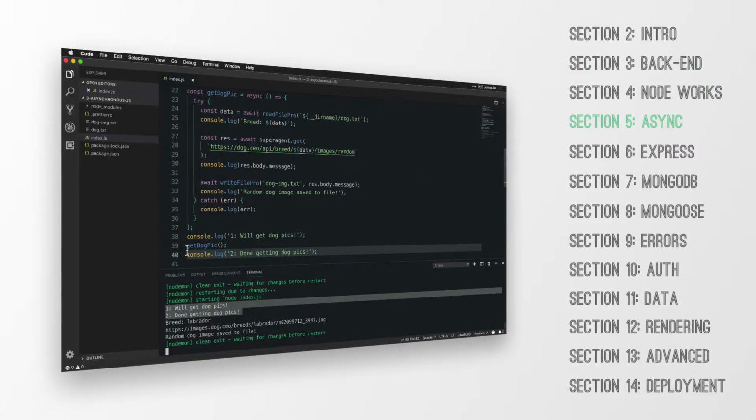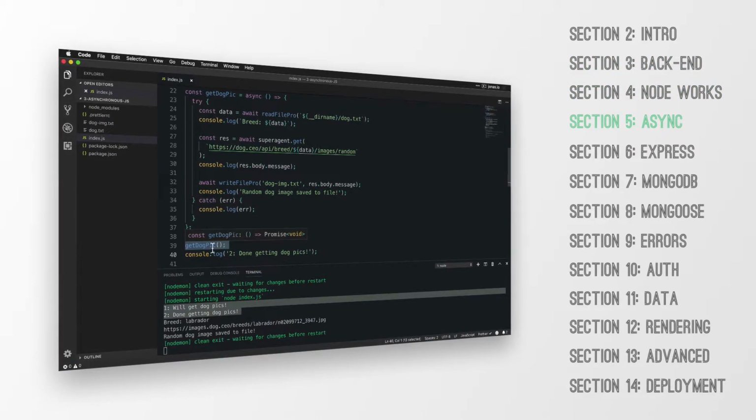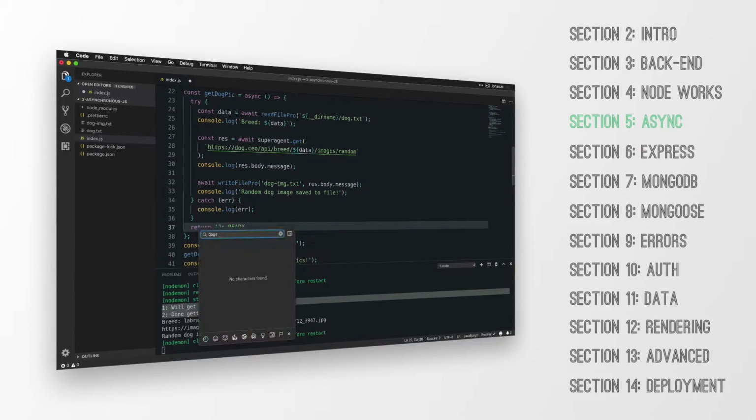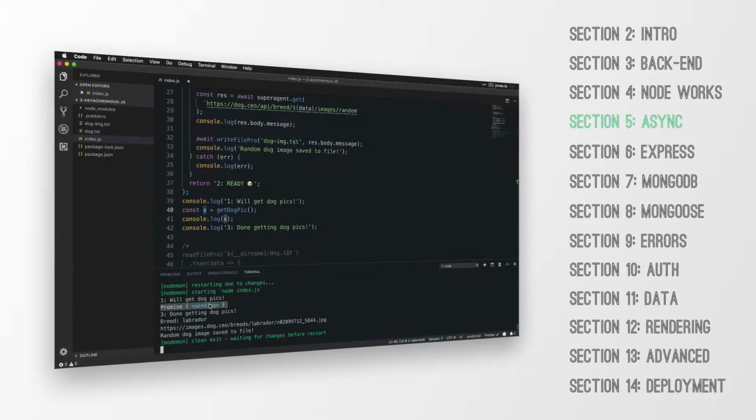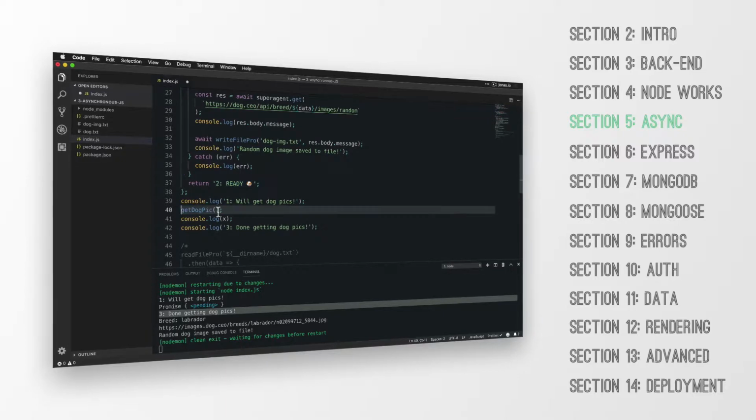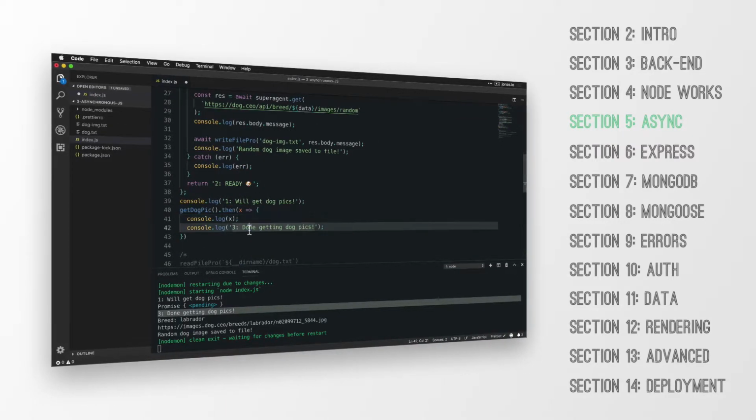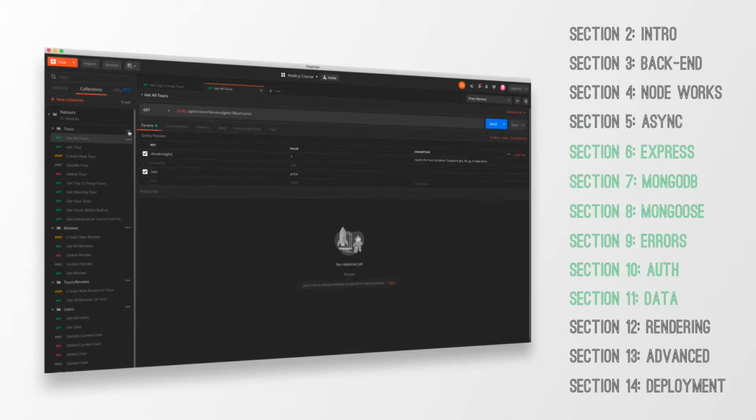And this content is in sections 3 and 4. Section 5 then is just a quick optional section to bring you up to speed with JavaScript promises and async await. So just in case you're not familiar with these modern tools yet. In the third part, we finally start building the Naders project.